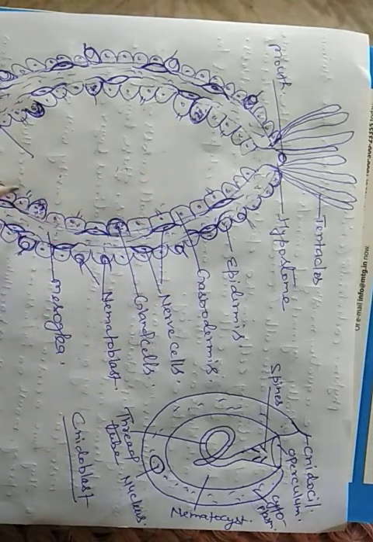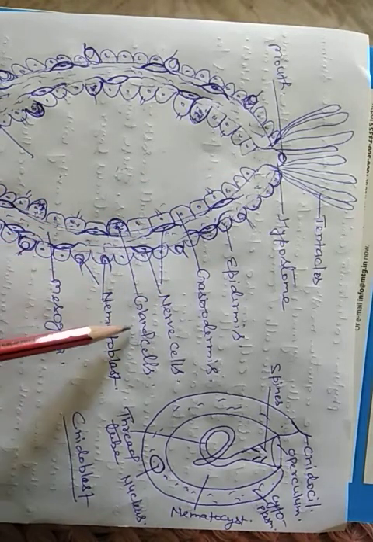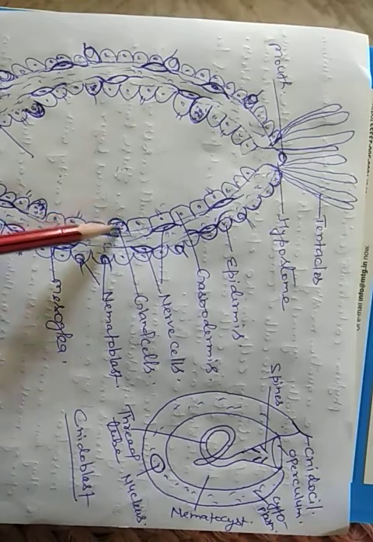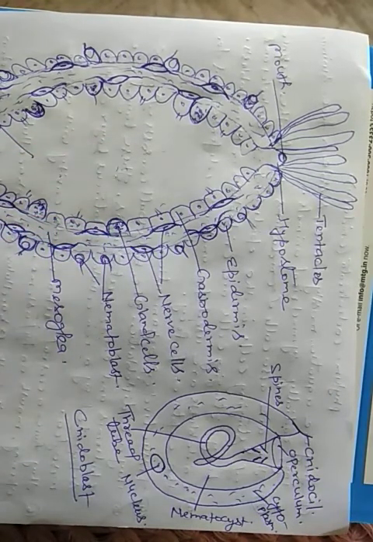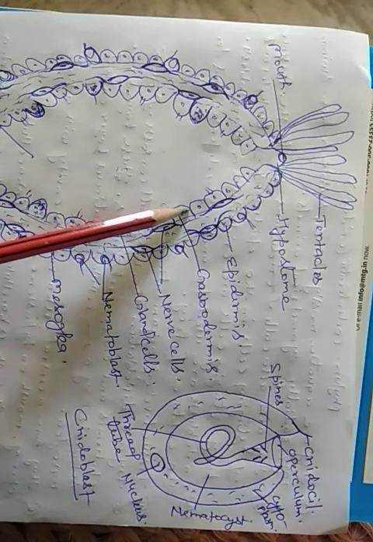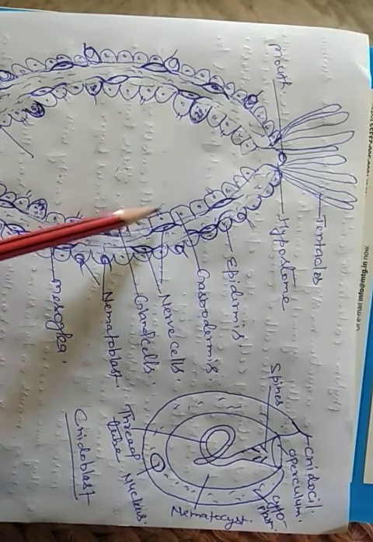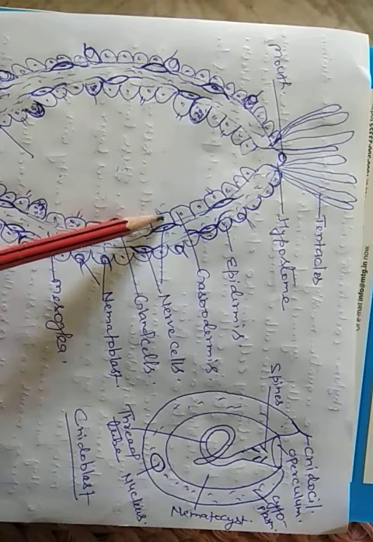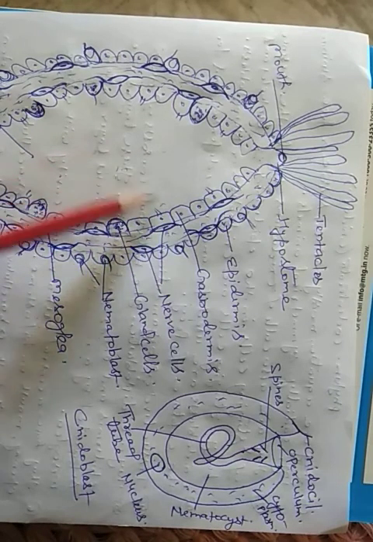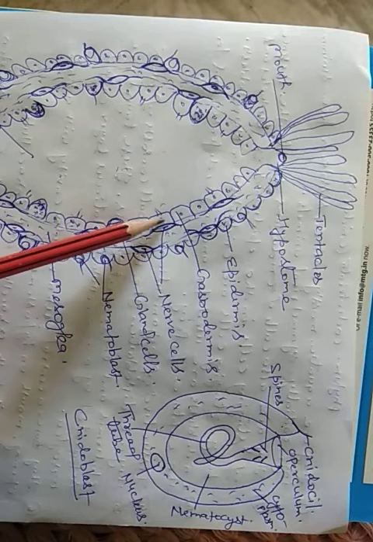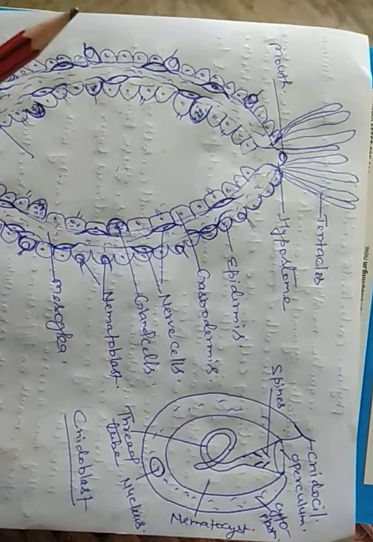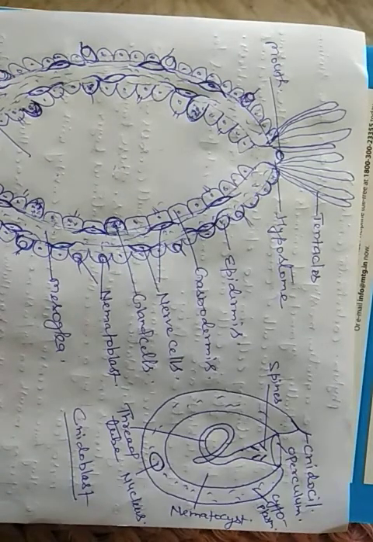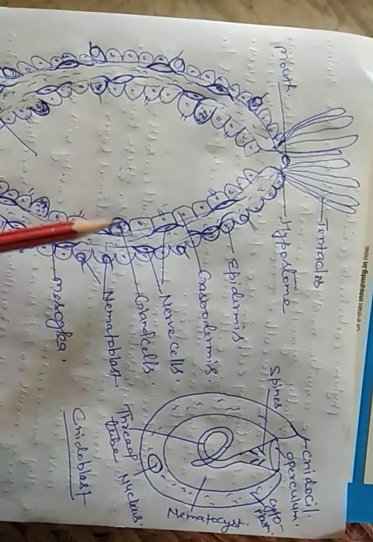Gastrodermis also consists of different types of cells. For example, there are gland cells that secrete the enzyme for the extracellular digestion in the gastrovascular cavity. Likewise, there are nutritive cells having pseudopodia, and these nutritive cells engulf the partly digested food, and then the intracellular digestion occurs in these nutritive cells.